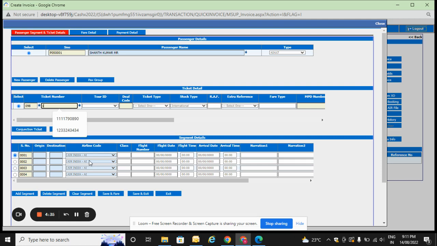The next is the 10-digit ticket number. In case of Indigo, use 789, and for Indigo there is no ticket number, so in such cases you can use the PNR as the ticket number. But the ticket number length should always be 10 digits, so I give 4 zeros for